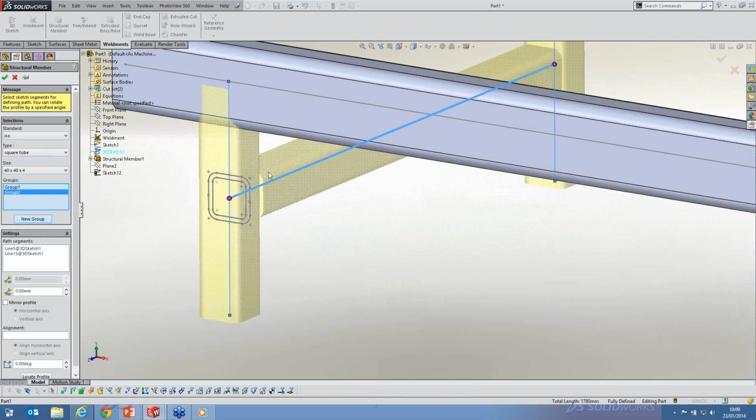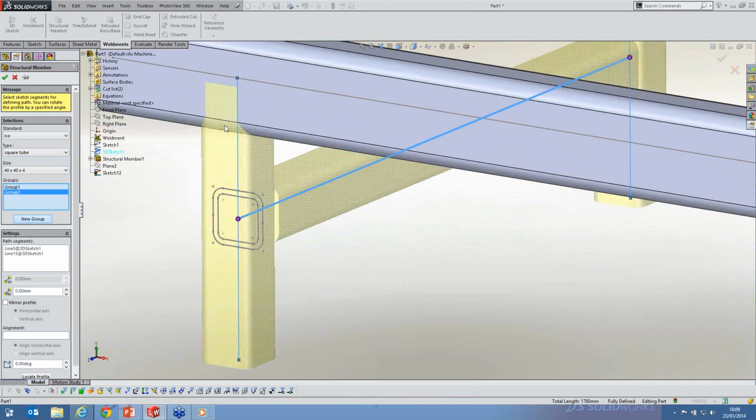And what you'll see here is highlighting the difference between using a group and not using a group. So at the top I've created my structural member with a different size profile. We have to use separate features if we're using different size profiles, but let's say we were using the same profile and we still use two features. We get this discrepancy where the structural member doesn't automatically trim itself to another one,